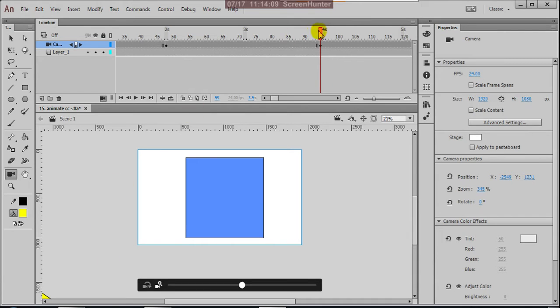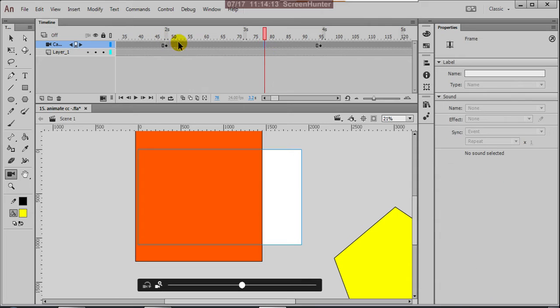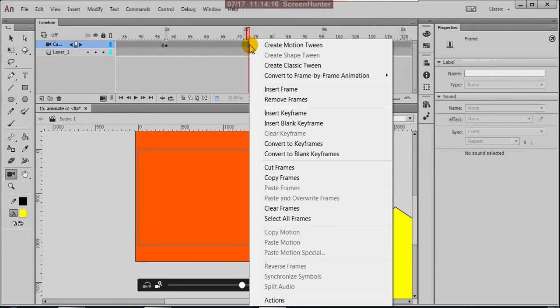Between this frame and this frame I'm using create classic tween.